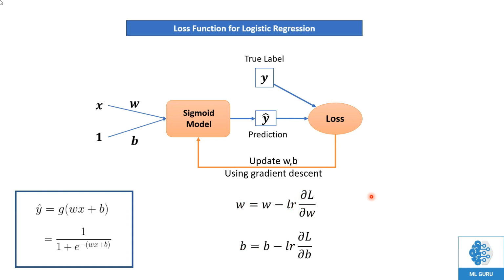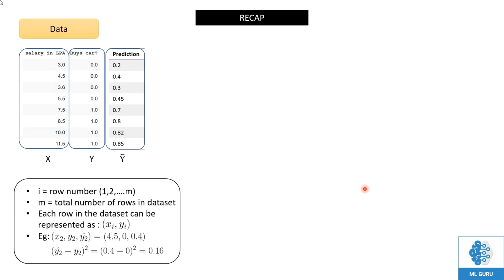Now let's see which loss function to use. Till now we have only seen one loss function, which is the mean squared error loss function, which we had also used in regression. Now we will try to use the same loss function for now. This particular loss function is given by this formula. We had discussed this in detail when we were discussing regression.